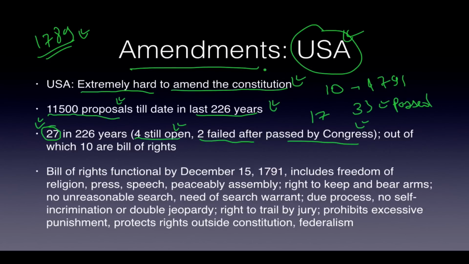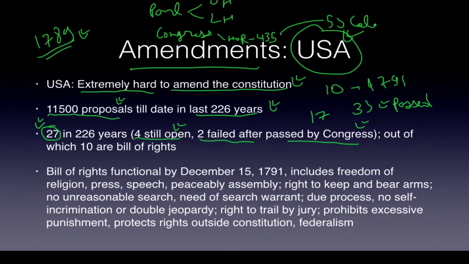What is Congress? Just like we have Parliament with an upper house and a lower house, similarly the US has a Congress, and the lower house is called the House of Representatives, or simply the House. It has 435 members, maximum coming from California, that is 53, and minimum from several states like Wyoming, etc. They have just one. 7 states have one. Their upper house is called the Senate. It is one of the most powerful upper houses in the world.